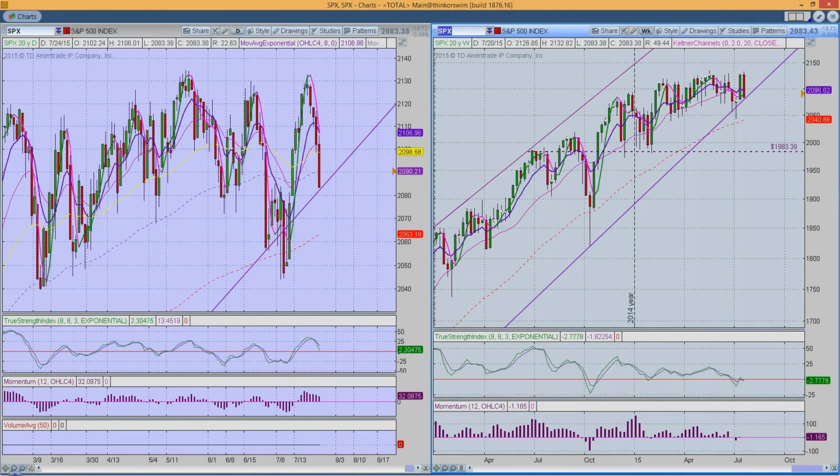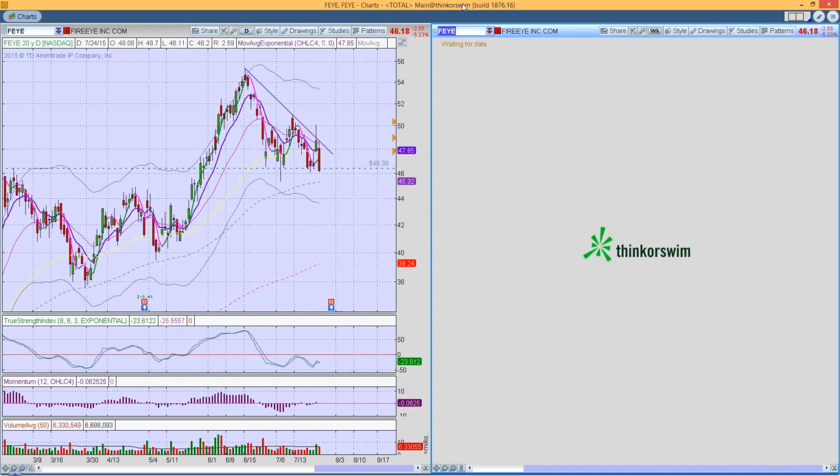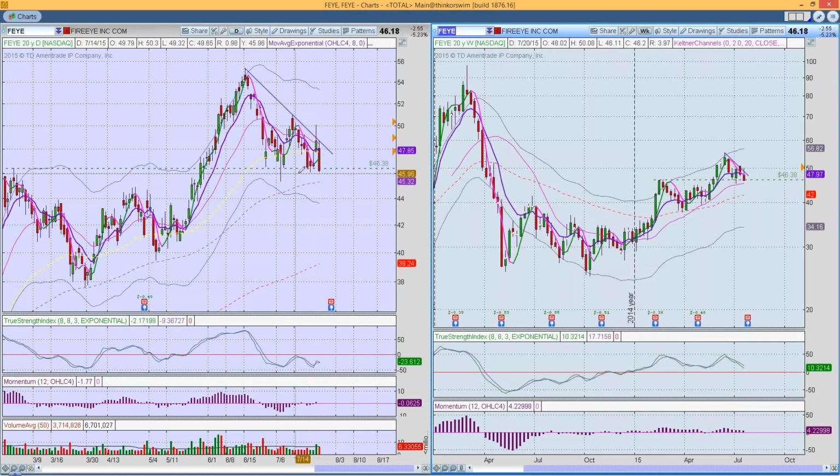So, okay, let's take a look at some charts if you are ready. Anybody have any charts we want to look at? Let's see how FireEye is doing. As we can see, FireEye is still holding its support here at 4.6, but as you can see, we got this really nice upside move with increased volume. It looked like we were going to jump into gear, and away we go, and then we get the reversal today. Since we'd already taken two-thirds of the shares off the table, I just made the rest of it break even, and sure enough, we popped out at break even.